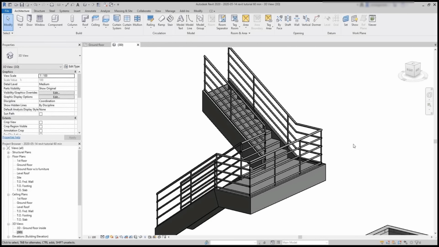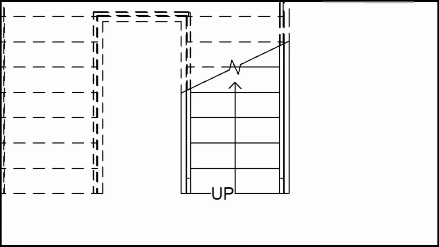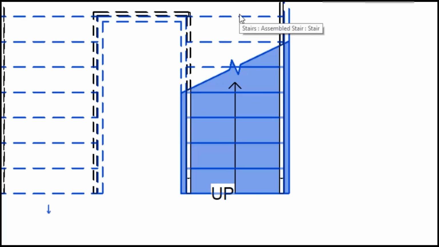In a 3D view, you can see better its appearance. There is a little gap here, and in the other side there is a small jump from the landing to the ramp. So, the way to solve this is increasing the landing. I am going to double click in the stair to get back to the sketch mode. Then I select the landing,